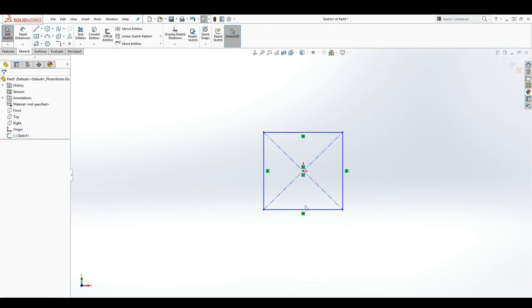And there are several ways you know the sketch is undefined. The first is the color is blue. The second is it would have this minus sign in it, and the third is it would say right down below here undefined. So that is an undefined sketch,